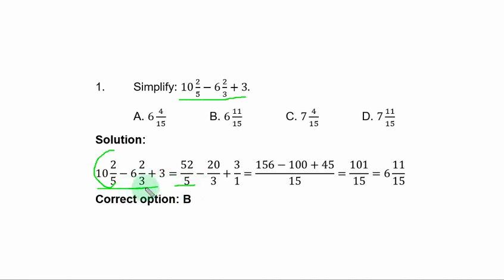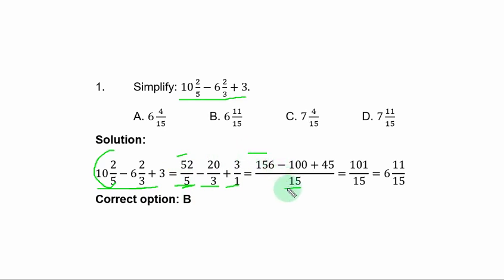If you convert this, you have minus 20 over 3. You can write 3 as 3 over 1 in this form. The LCM of 5, 3, and 1 is 15. The rule is that you divide the LCM by each denominator, your answer times numerator. So 15 divided by 5, you have 3. 3 times 52, you have